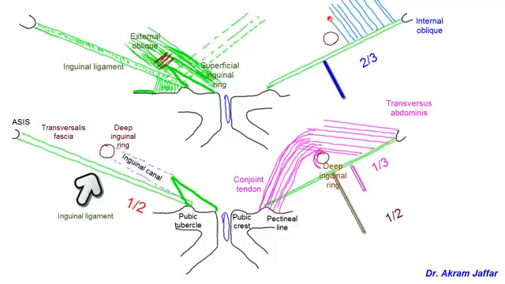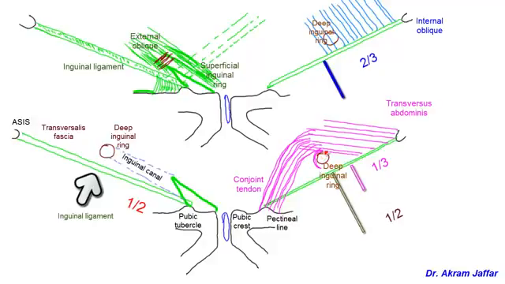Now remember that the deep inguinal ring that I am approaching now is located midway between the anterior superior iliac spine and the pubic tubercle. Therefore, this muscle, which arises from the lateral 2/3 of the inguinal ligament, is located partly in front of the deep inguinal ring. Thus, this muscle contributes a sheath to the contents of the inguinal canal, while the transverse abdominis muscle, which does not lie in front of the deep inguinal ring,